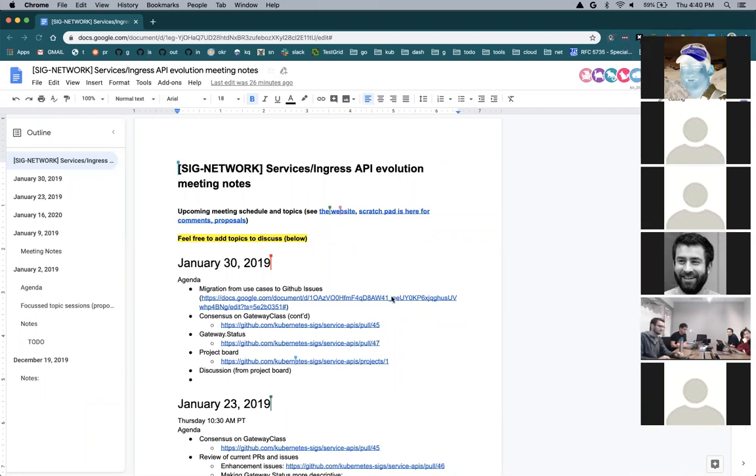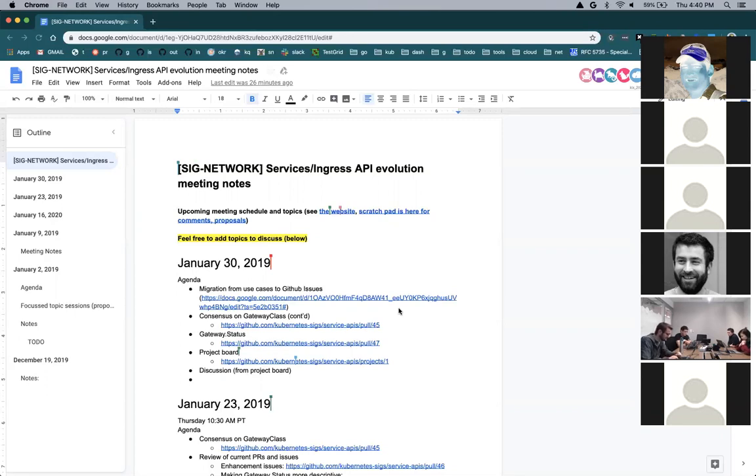Yep. All right, and then everyone can hear us okay? I'm assuming that's yes. So top of the agenda is we are migrating from the use cases doc to GitHub issues. I think it's just easier for discussions for the GitHub issues, and then we can actually move them around on the project board.